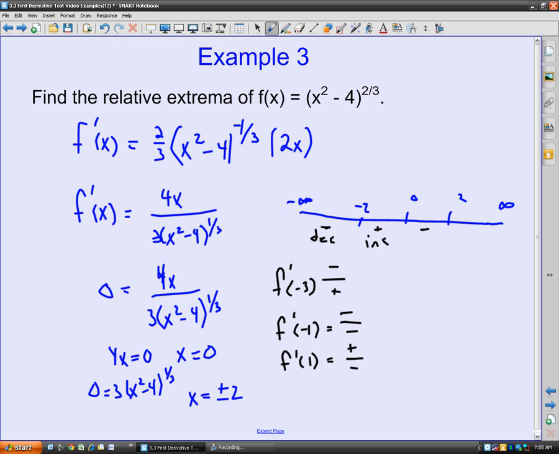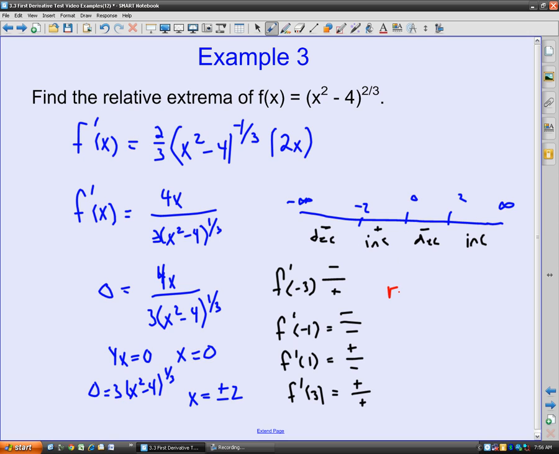And then last but not least, if I choose a number like 3, we'll plug in 3 on top, we get a positive. And then we put 3 in the bottom, we also get positive, so we are increasing again. So you can see the graph is going decreasing to increasing, increasing to decreasing, and decreasing to increasing. So basically what this will give me is that if it's going from decreasing to increasing, that negative 2, so we have a relative minimum